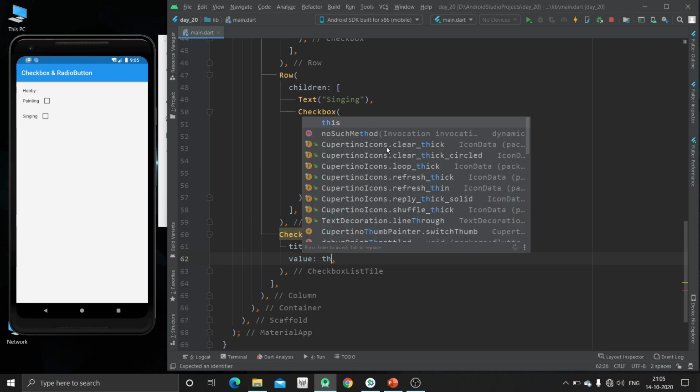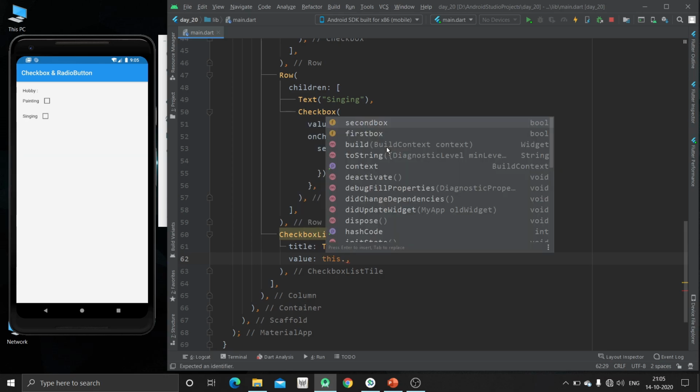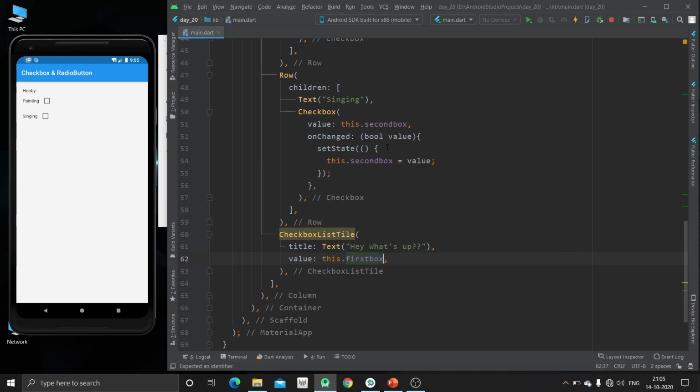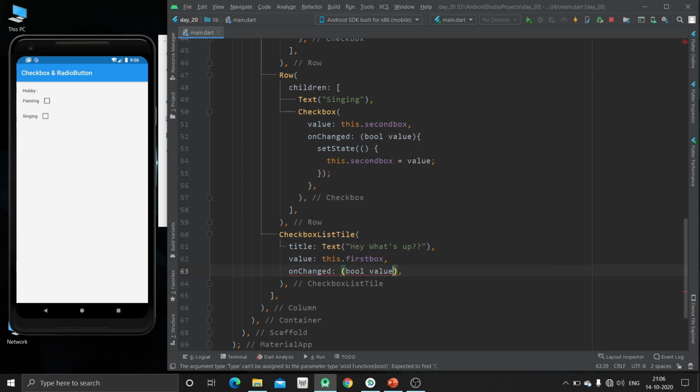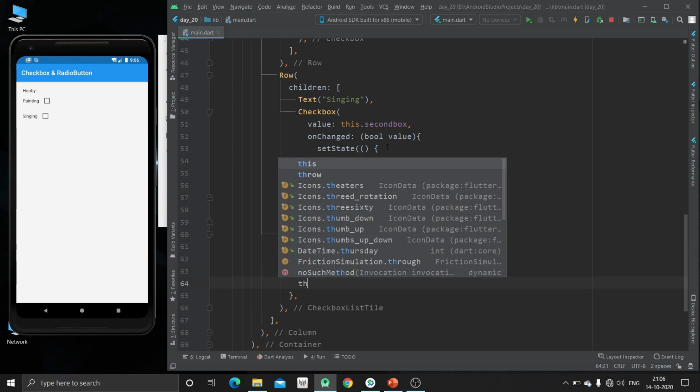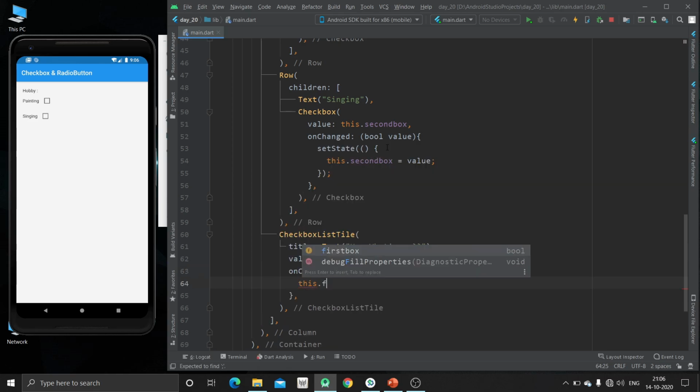So we can specify the value, and we are going to use the first box for this, and on change inside this we have to set the value inside the first box. So just this dot first box equal to value.